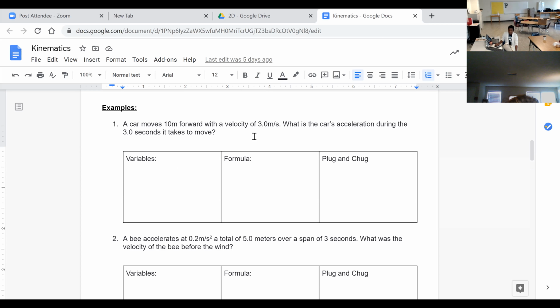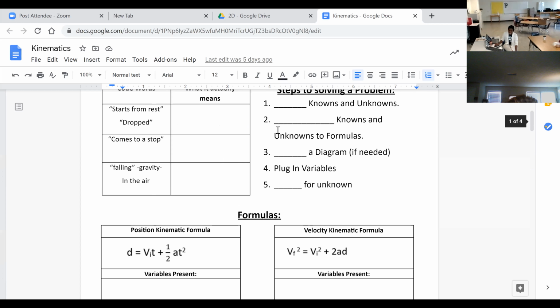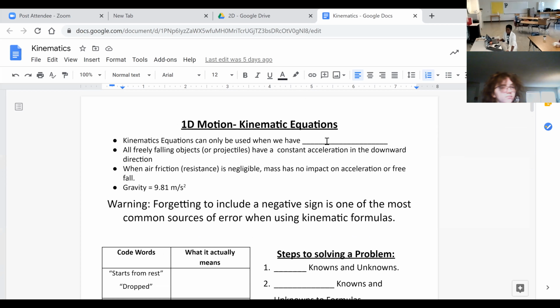Okay. All right. So if you have this sheet up, if not, you should have an idea. We're going to get ready to go through this PowerPoint. I'm going to put the PowerPoint on this screen. So give me 1 second. At this point, you should have your calculator, something to write with, possibly your Kinematics notes open, and we will hop right into it. So I'm going to go, and I know that we have been through this, okay, but